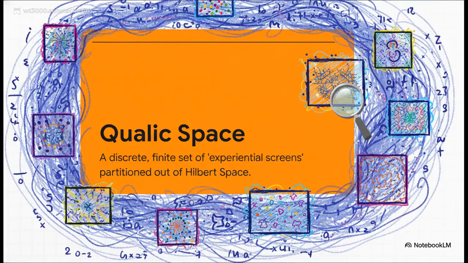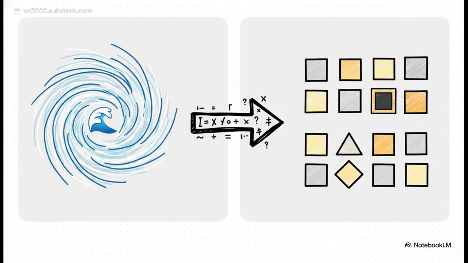But the reality we actually experience, what the theory calls qualic space, isn't that infinite block. Nope. It's the finished sculpture. It's a specific, finite set of pixels that have been selected and carved out from all of that infinite potential. So this image really sums it all up, right? On the left, you have infinite potential. On the right are finite, pixelated reality. So what's the bridge between them?